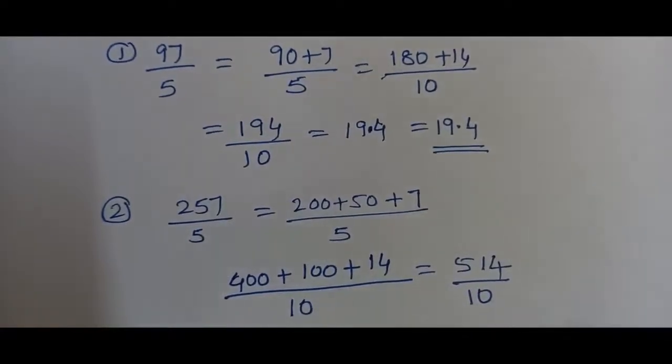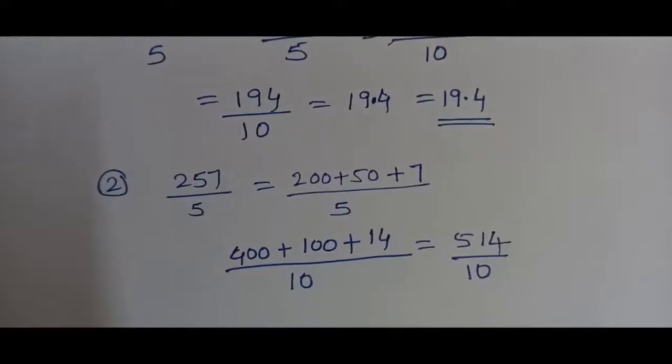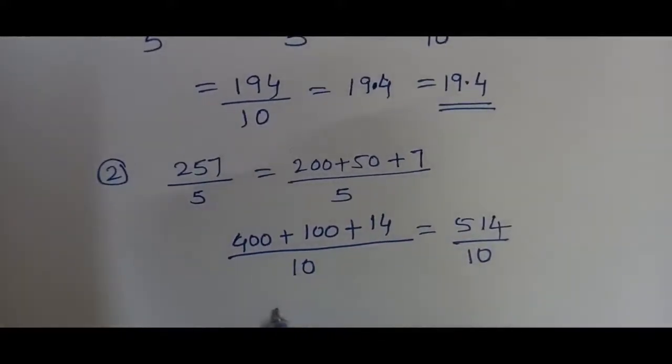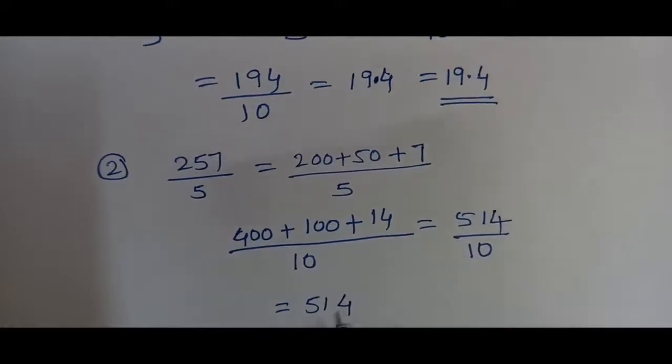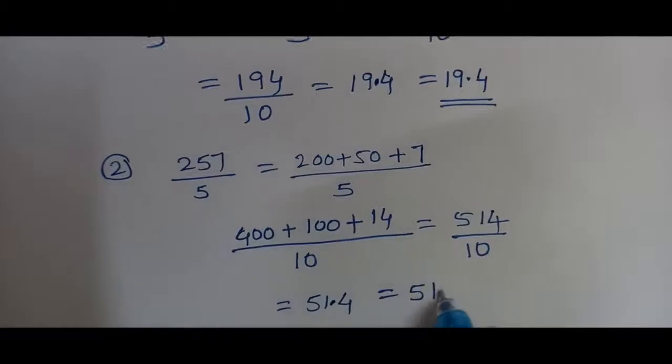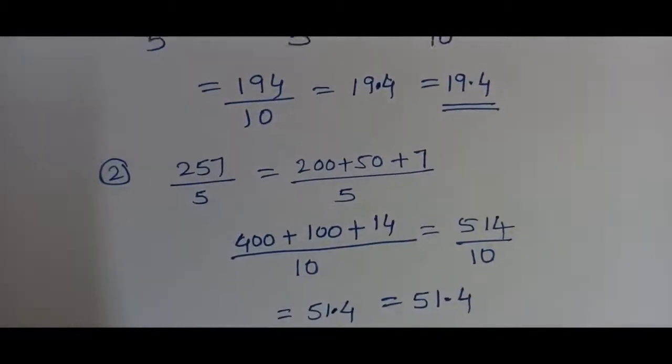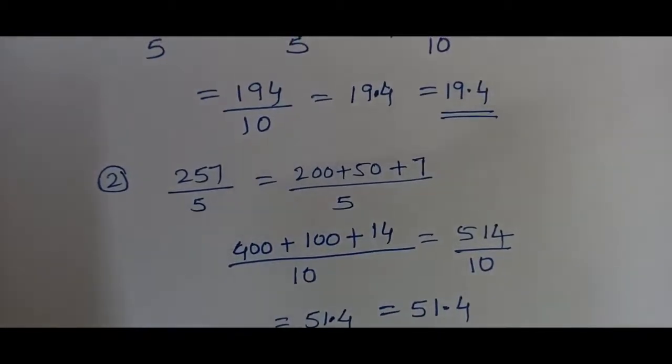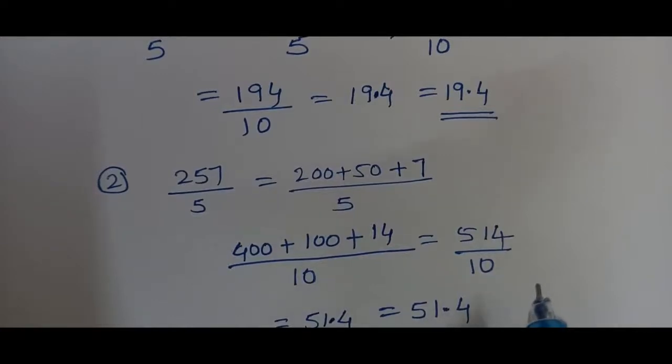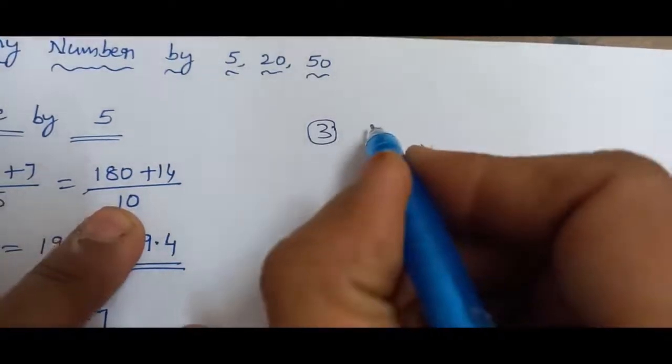So, if we have denominator as 10, then put a decimal after one digit from the right side. That means after 4 you need to keep it here. So, the answer is 51.4. No divisions required here. Just a small method of mental mathematics and we will get an answer. Let's take one more example. Let's take some bigger number.